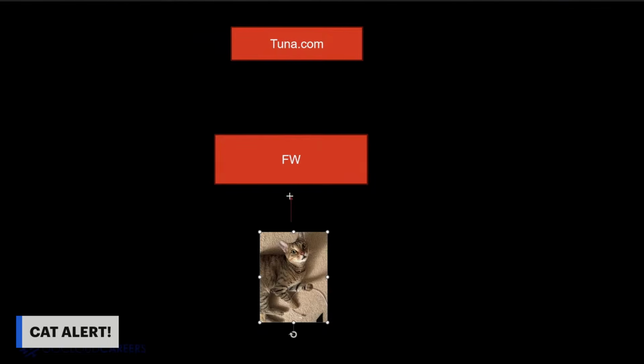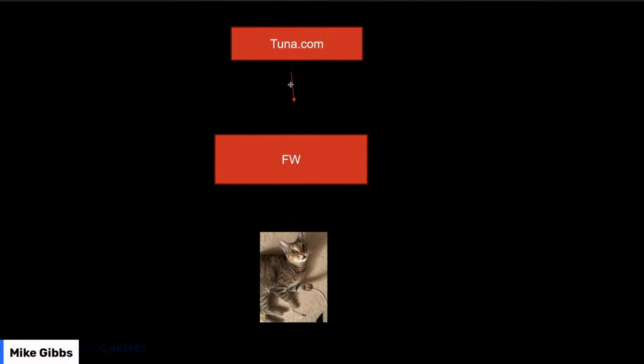So she goes out. The firewall typically does her NAT. Her traffic goes all the way out to the internet, and tuna.com gets the request. It's a TCP request. So little Cindy sends a TCP SYN to the website: will you open a connection with me? And the tuna.com website responds to her SYN and acknowledges it: yes, I'll open a connection with you. And it sends its own SYN, because it wants to open a connection with her too, so it sends its acknowledgement as well. And then the packet is allowed through the firewall.